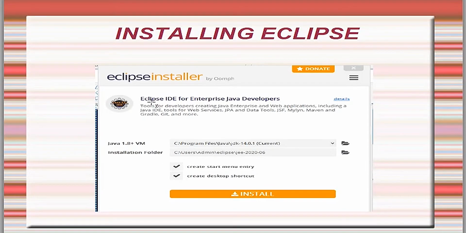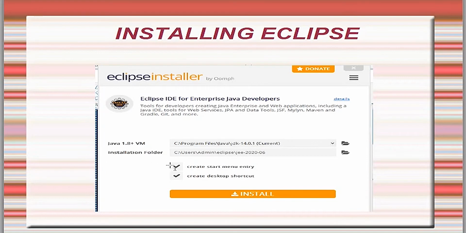Now this IDE will be installed on our machine in this folder, C users admin Eclipse, and it will use the Java 14 version which we have downloaded before. Before installing Eclipse we have to download the latest Java version.